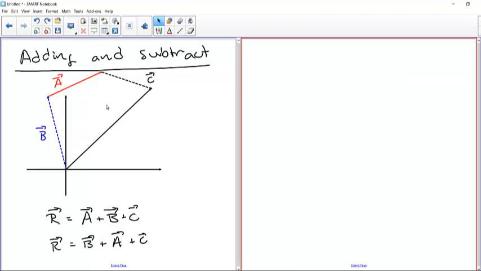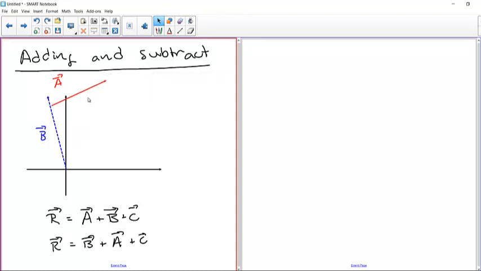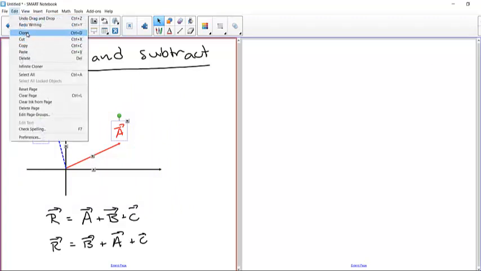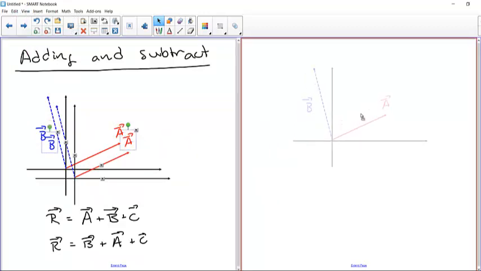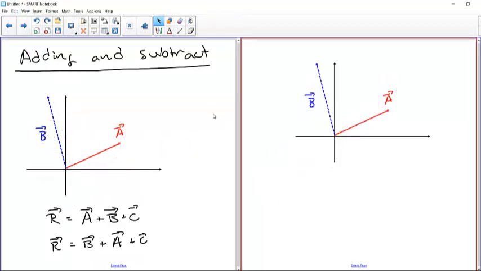So that's vector addition. Now let me get rid of C again. Let me get rid of the resultant vector. Put these back here like they were originally. And let me make a copy of it. Okay, so let's clone that thing and pull it over here. So we've got the same two things. Actually, before we do subtraction,